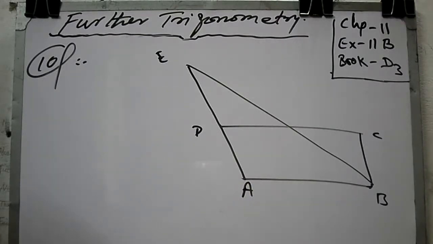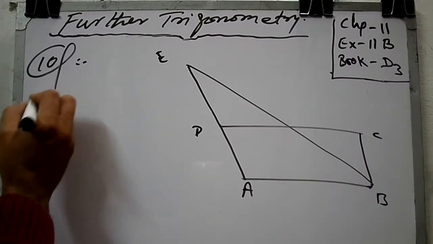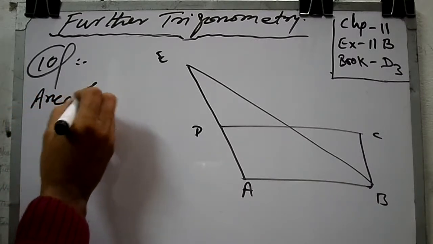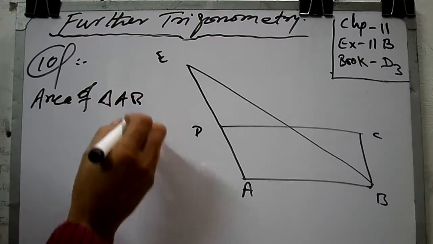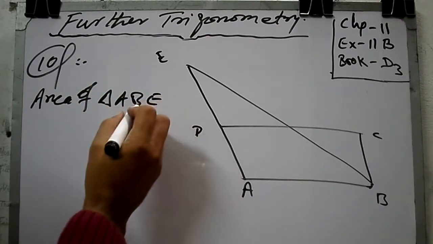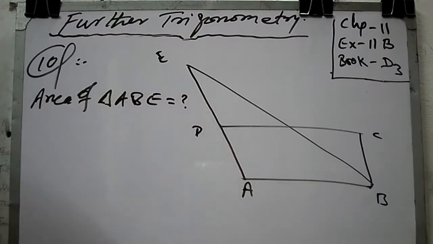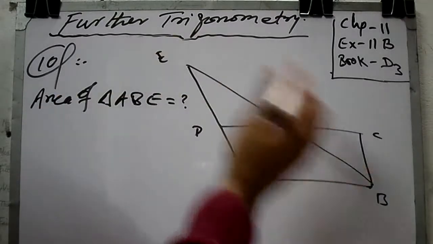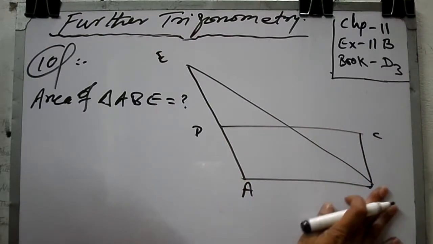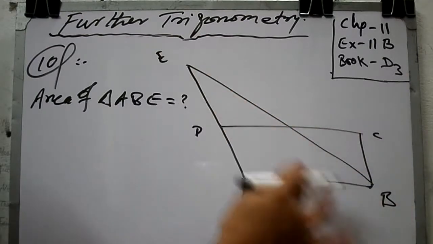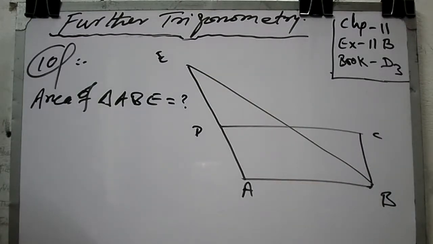What we have to do in this situation, if we read the statement once again, is find the area of triangle ABE. So ABE is this triangle. The area of triangle ABE, no problem,